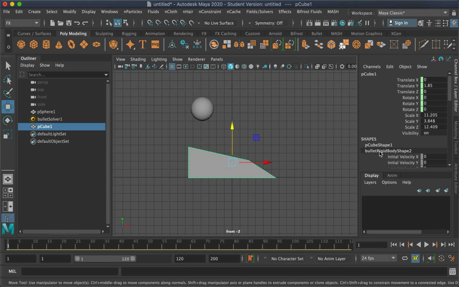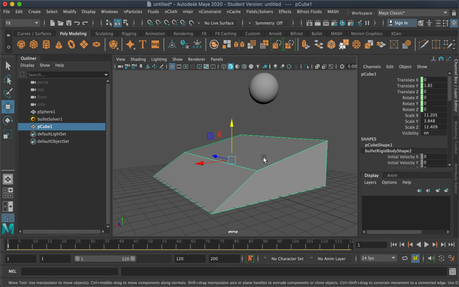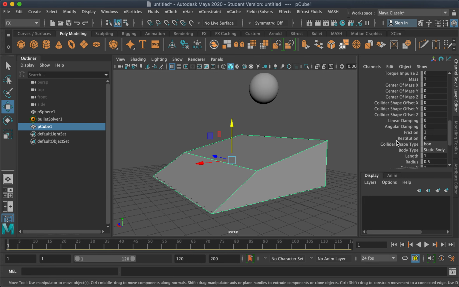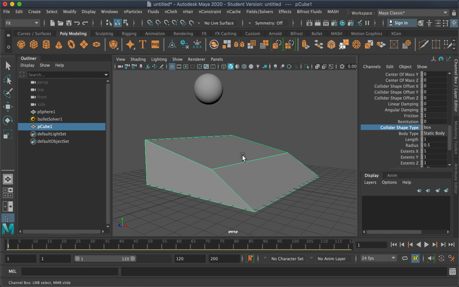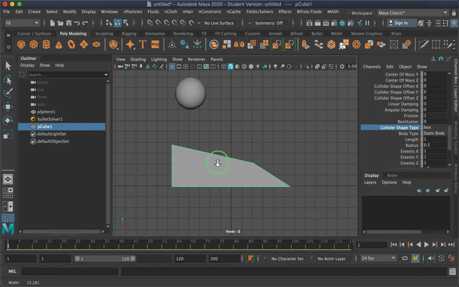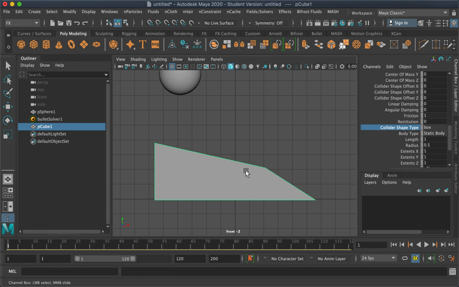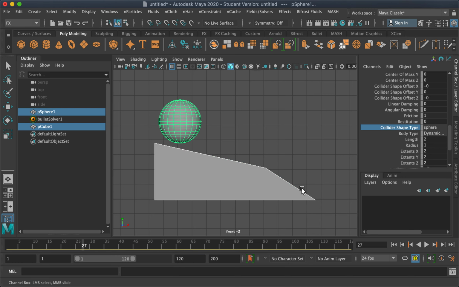I believe that's because of the type. We can change the collider shape type. Since this is a box, Maya will look at this as something like this. So from Maya's perspective, this is already a collision.